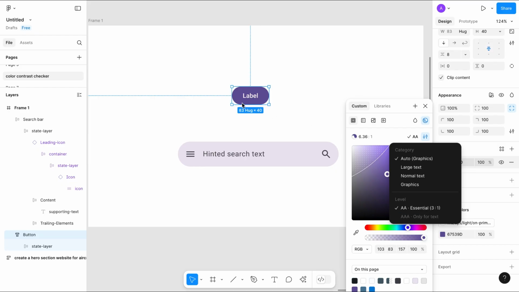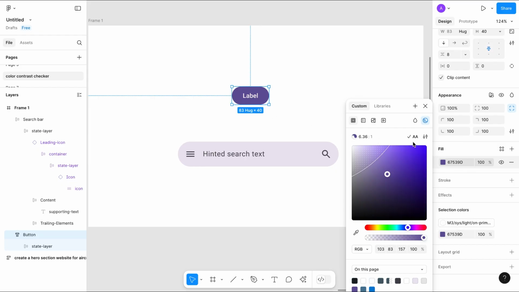So right now the button is meeting the standard. If we change the button color, you can see this color with the background white is not meeting the standard. Here it is showing with this icon. We can drag this here or here or here, wherever you want. Then it is showing that it is meeting the standard. If you do not drag this manually, you can simply click on this double A, and it will go to the nearest value where the standard is met.